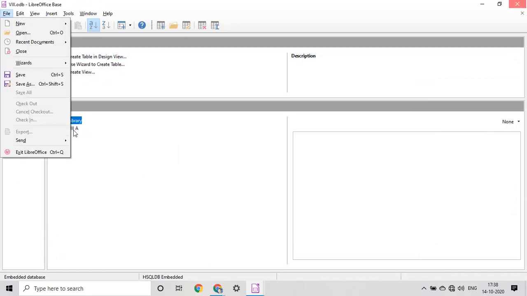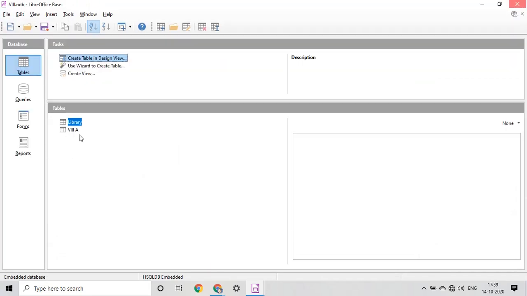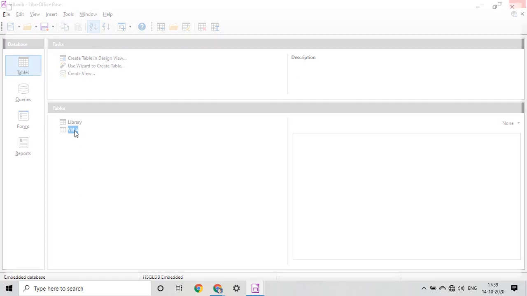Now you can see here that there is a table name as 8A, right? When you will double click on this, you will find a table in which you can enter data, right? This is data view. The table on which I have clicked, that is data view of a table in which we can enter the data. Now how to decide a primary key and what basically is about a primary key.